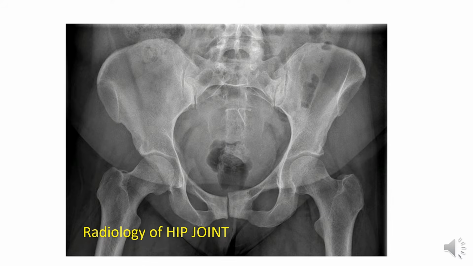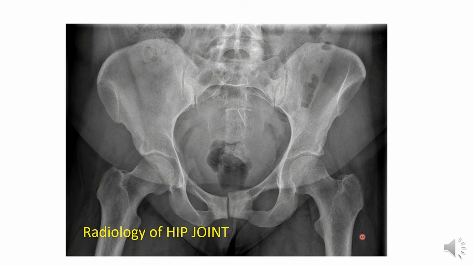It is a plain or simple type of X-ray, because no special position is given to the patient and no contrast radio-opaque dye is used in this X-ray. So it is a plain or simple type of X-ray. The view is an AP view. The bones are seen antero-posteriorly. So it is an AP view, and the region shown in the X-ray is the bilateral hip joint with the